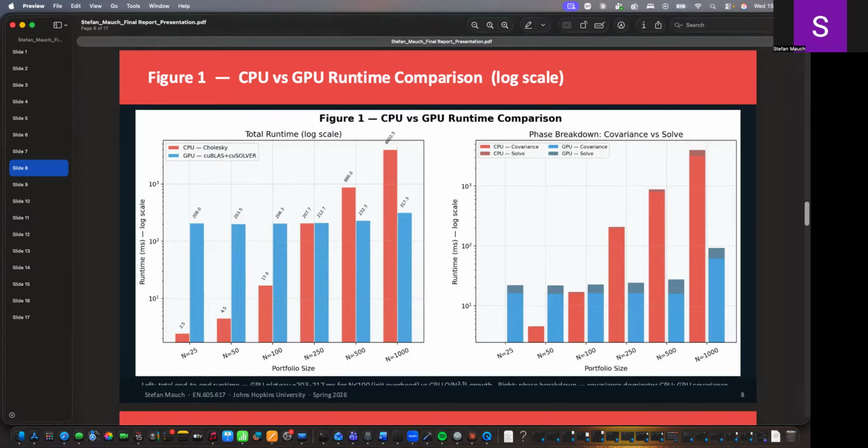And the GPU is actually slower than the CPU for small number of assets, which is expected. And then the GPU has more or less a kind of fixed overhead. So there's a little bump on the right side, but yeah, when allocating GPU memory with the CUDA malloc, transferring data across the